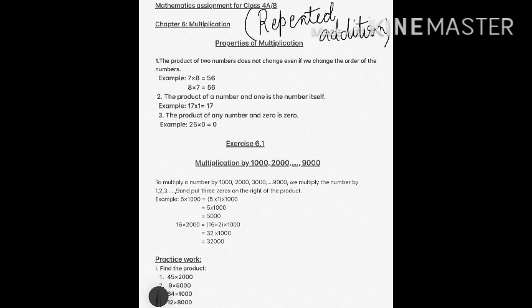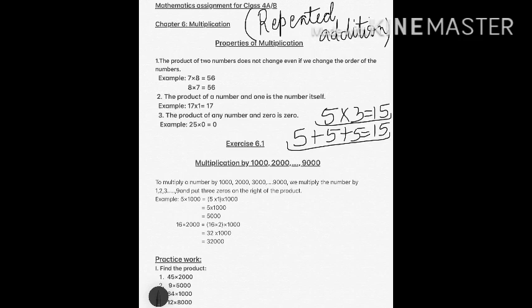So if I say 5 multiplied by 3, that means the answer is 15, you know that. But multiplication means repeated addition. That means I am adding 5 three times here and then also I'll get the same answer. So instead of doing repeated addition, I can simply do a multiplication like this.